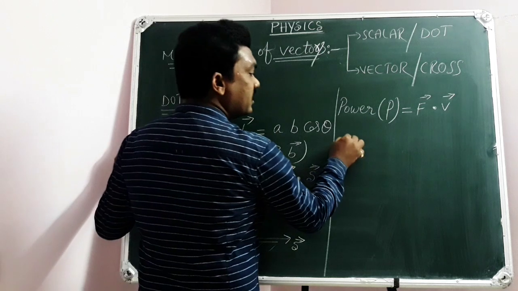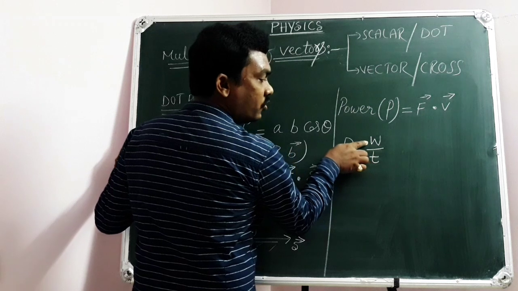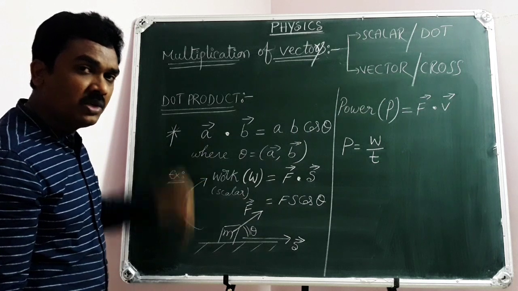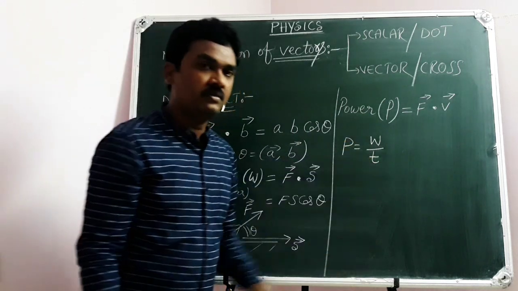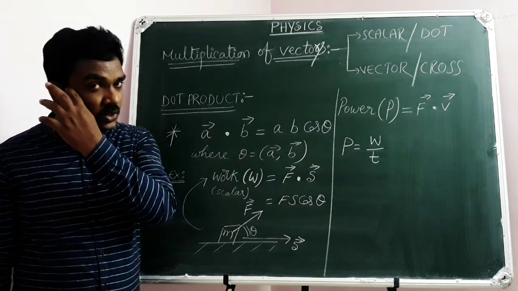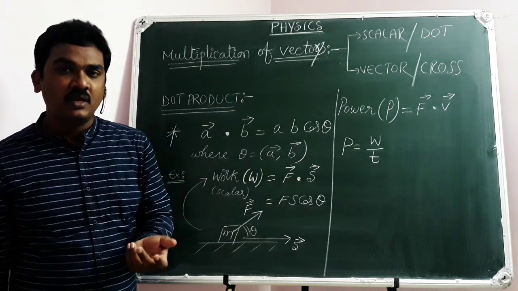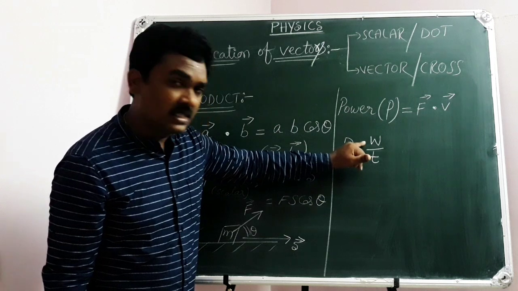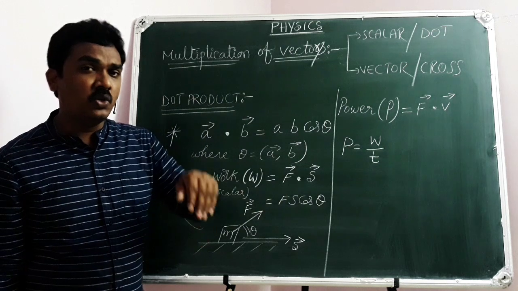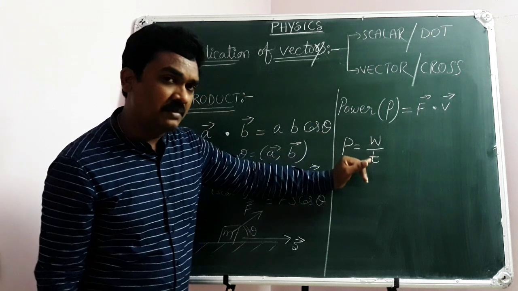The reason is, power is defined as the amount of work done per unit time. If W work is done in the time interval of T, then the amount of work done per unit time is W by T. Go to the best example. Here, cost of 12 pens is 120 rupees. Then what is the cost of each pen? 10 rupees. 120 by 12. Like that, if W work is done during an interval of time T, then work done per unit time is W by T, which is the ratio of work done to the time taken.